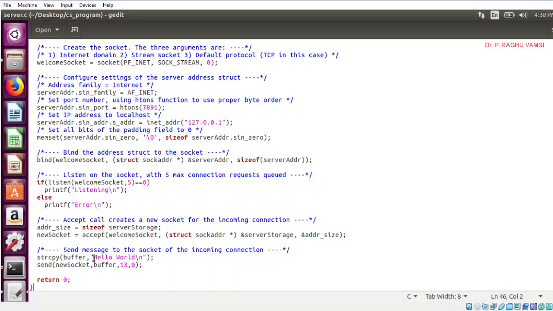That means this plain text hello world must be encrypted and sent to the client, and the client has to decrypt it. Then the client will get the plain text.